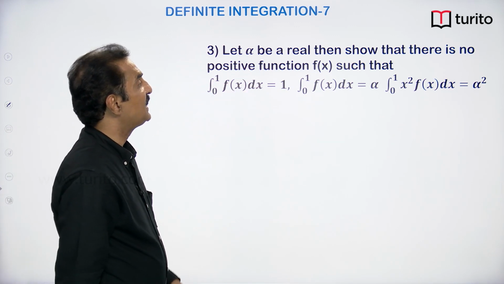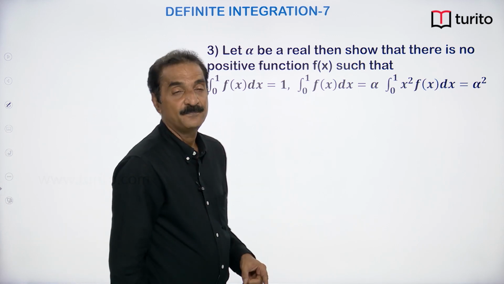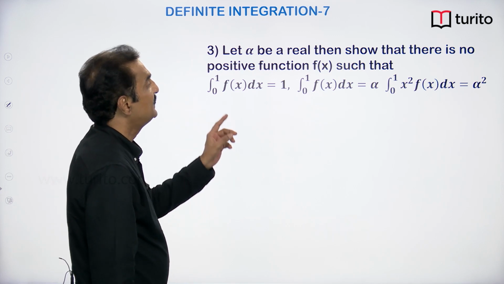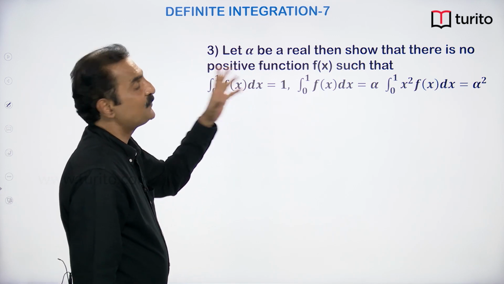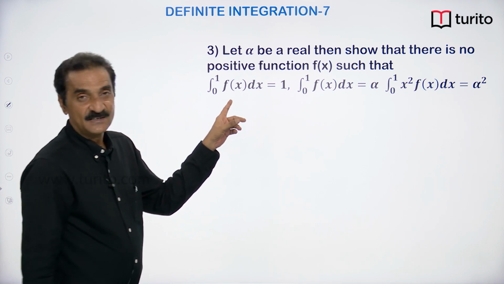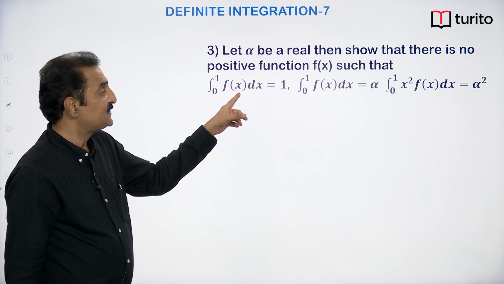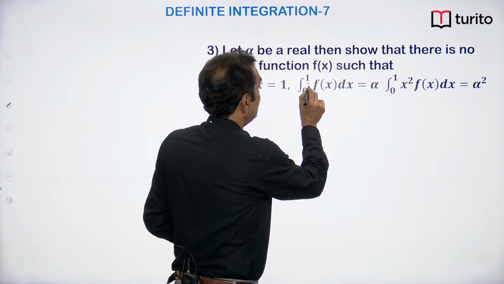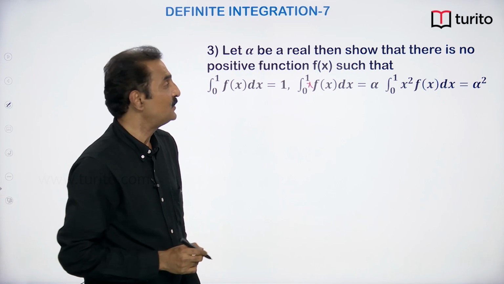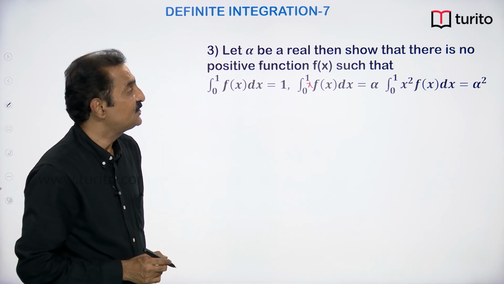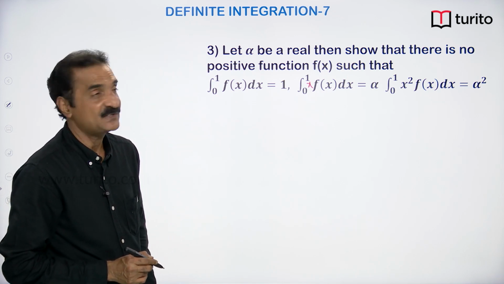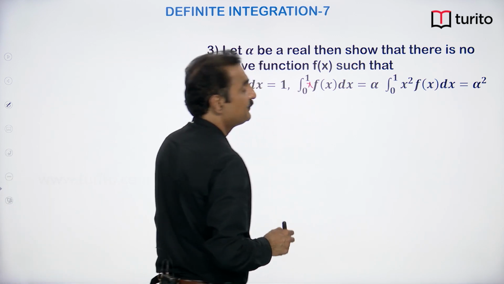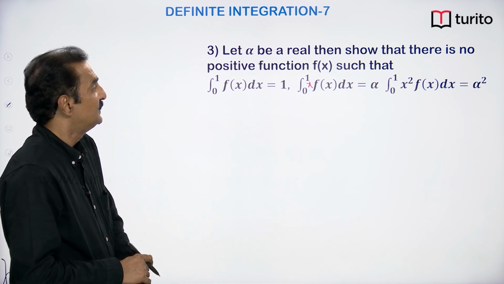Let alpha be a real number such that... then show that there is no positive function f of x such that integral 0 to 1 f of x dx is equal to 1, integral 0 to 1 x f of x dx is equal to alpha, integral 0 to 1 x square f of x dx is equal to alpha square. Here x is not printed. To prove this,